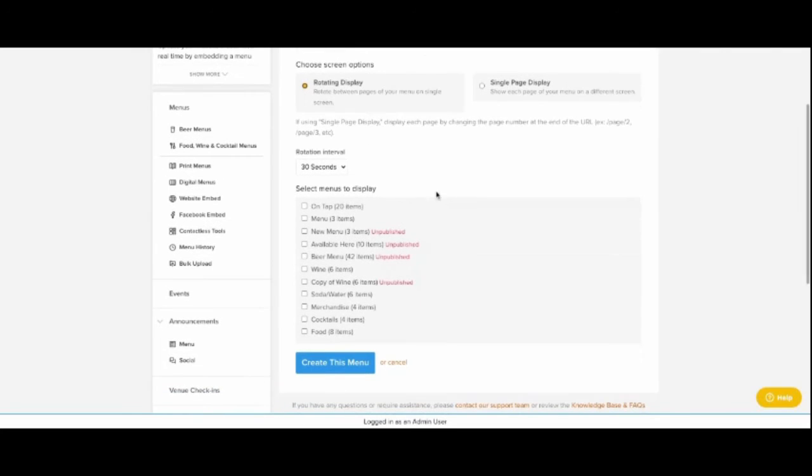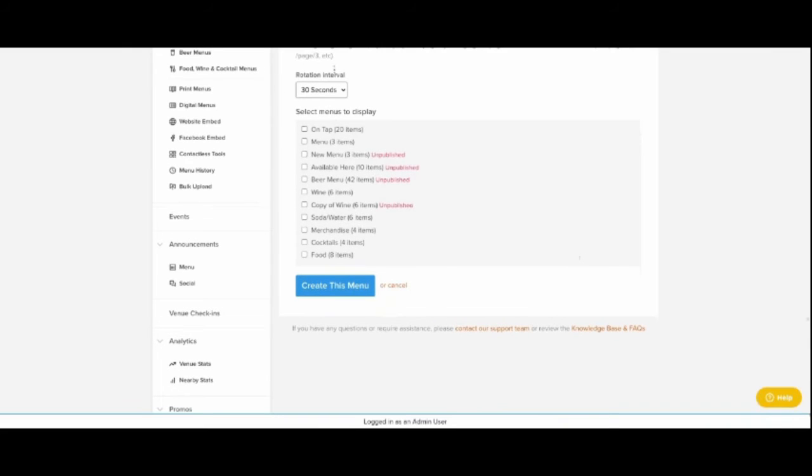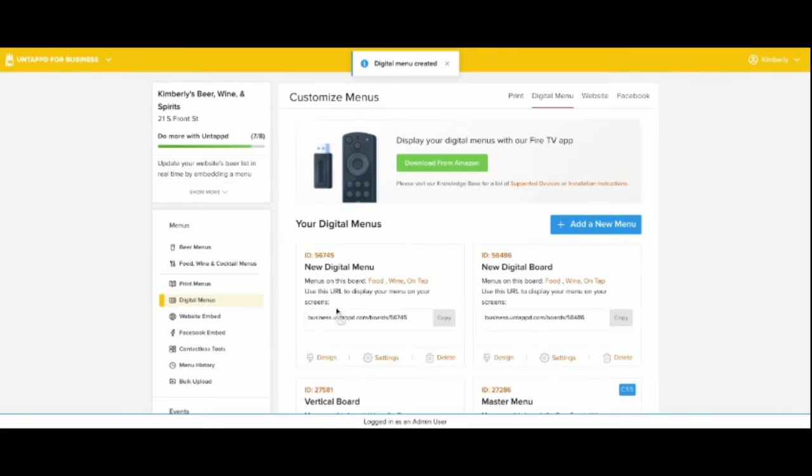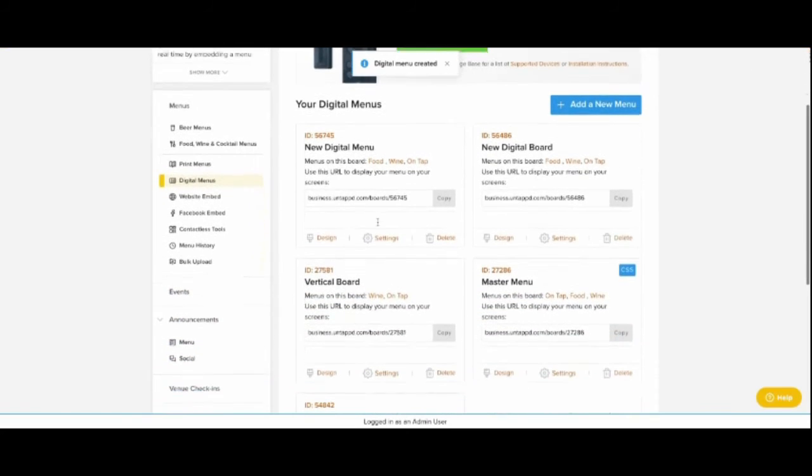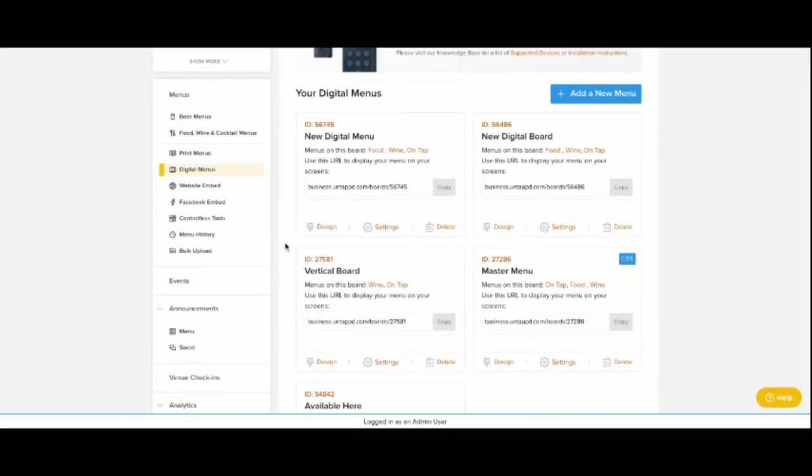Down here, if you have chosen a menu that's going to rotate through all of your pages, you can choose the rotation interval, which just means how long each page will stay on screen. Finally, you will select which menus you would like to display on your digital menu. You can choose a mixture of both beer and non-beer items to display. When you're done, click the Create This Menu button, and your menu will now be listed on the main page. To get inside the customizer, you'll click the Design button,